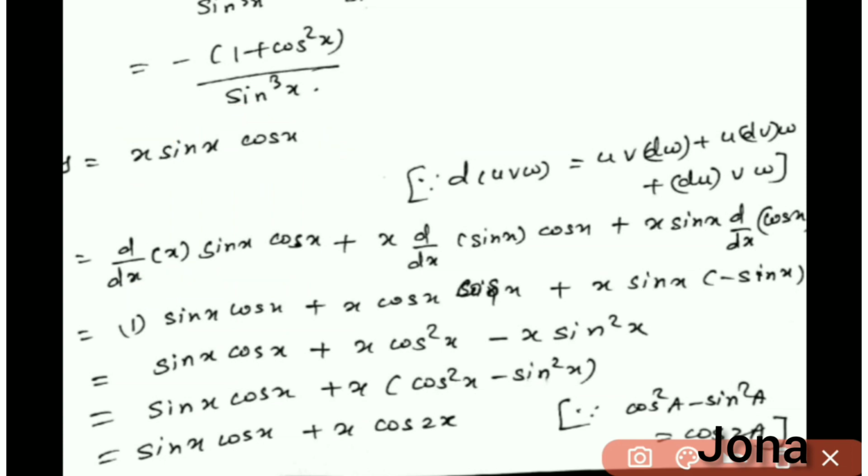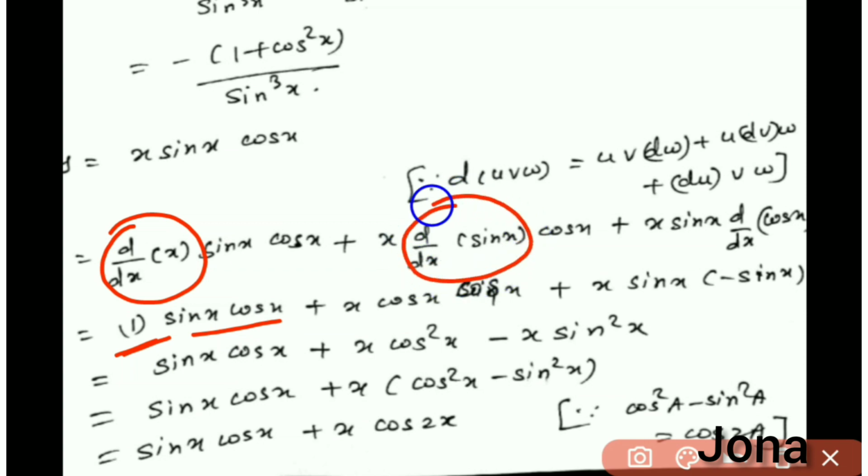Plus, now keep x and cos x as it is. Differentiate this sin x. So x into d by dx of sin x into cos x plus, now we have to keep this x and sin x there and differentiate this cos x. So here x sin x is as it is and d by dx of cos x is here. And then we have to differentiate the thing. d by dx of x is nothing but 1. Keep this sin x into cos x as it is plus x into differentiation of sin x,